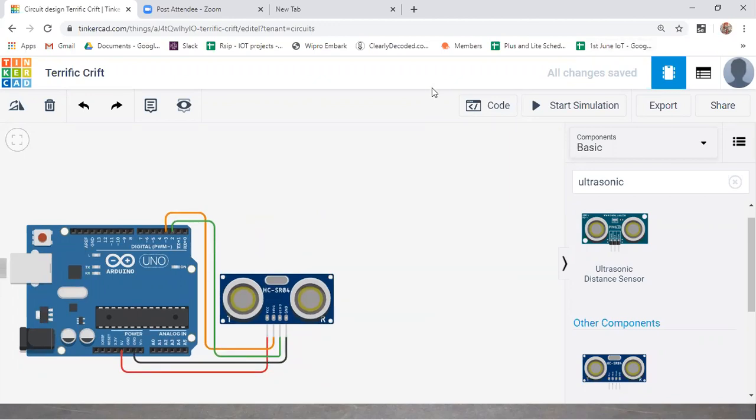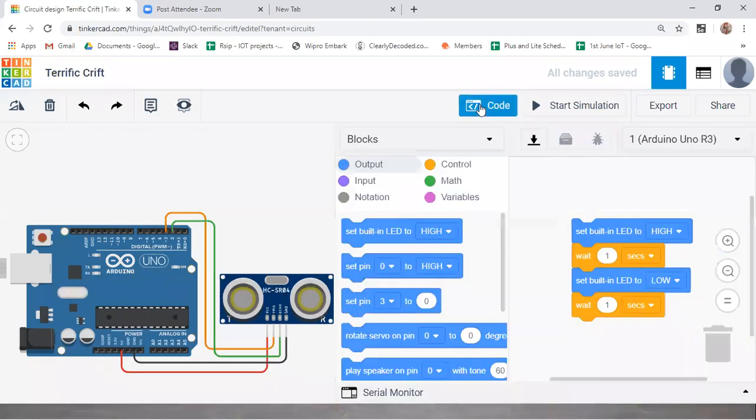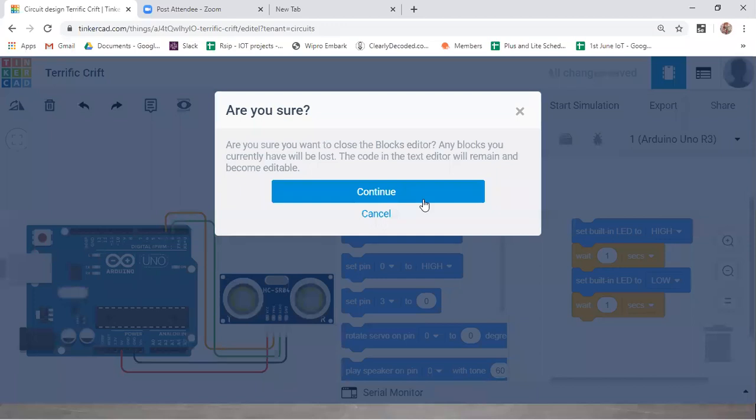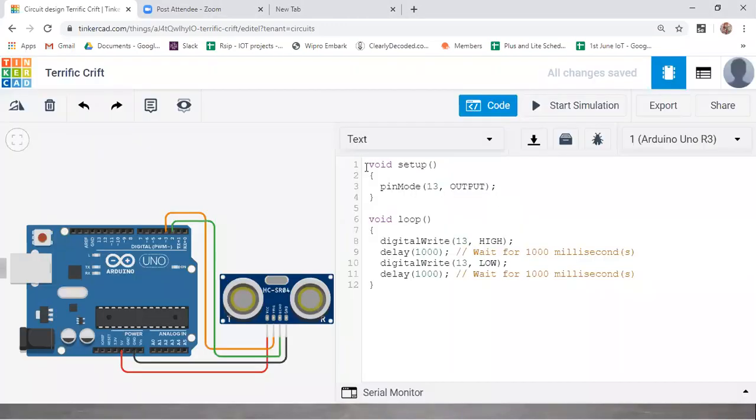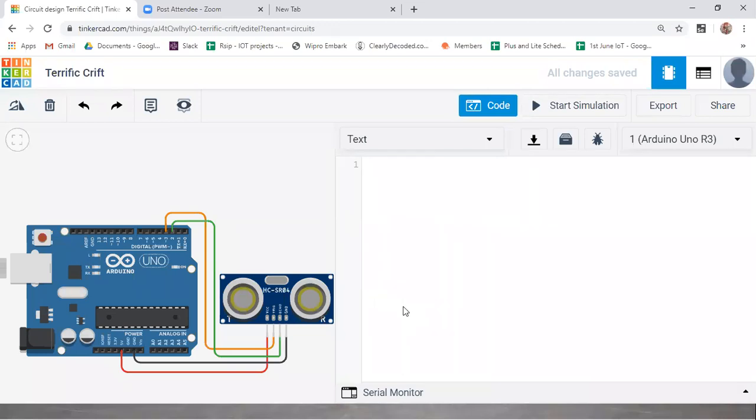Then you need to write the code for this ultrasonic sensor. Make sure that you have selected the text editor to write your code. I'm deleting the pre-existing code and writing it.